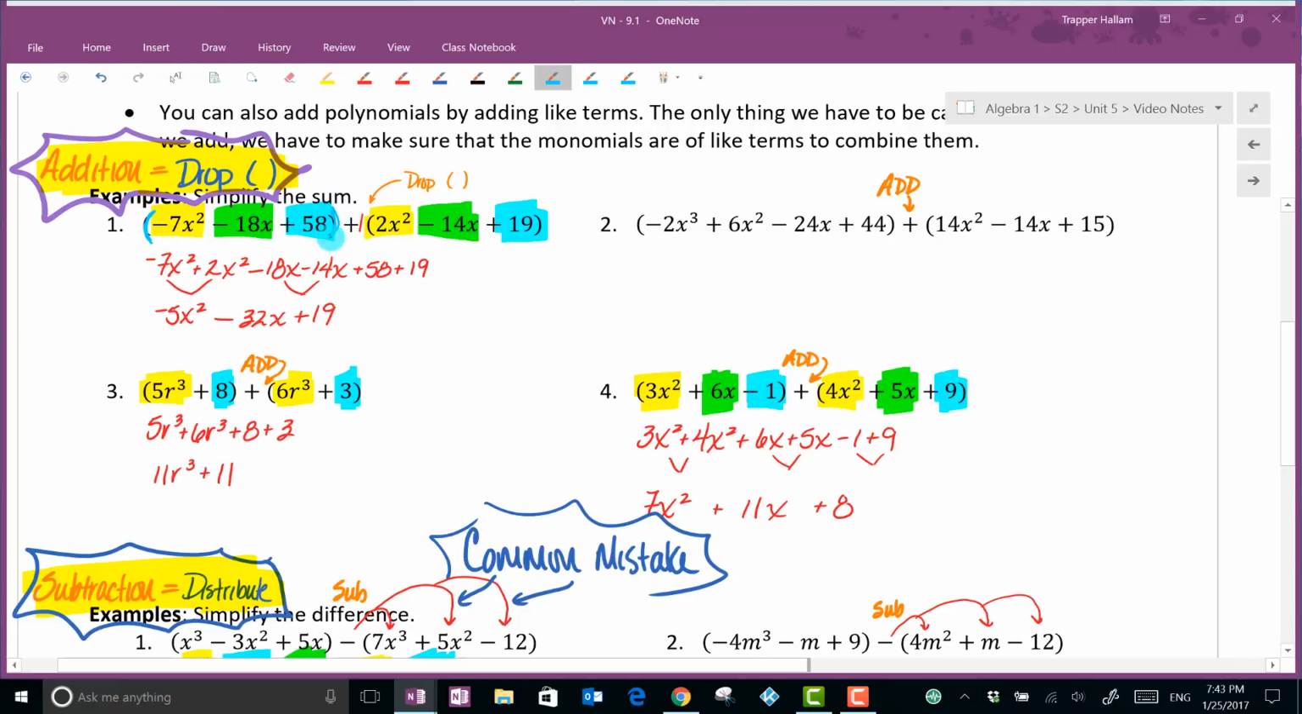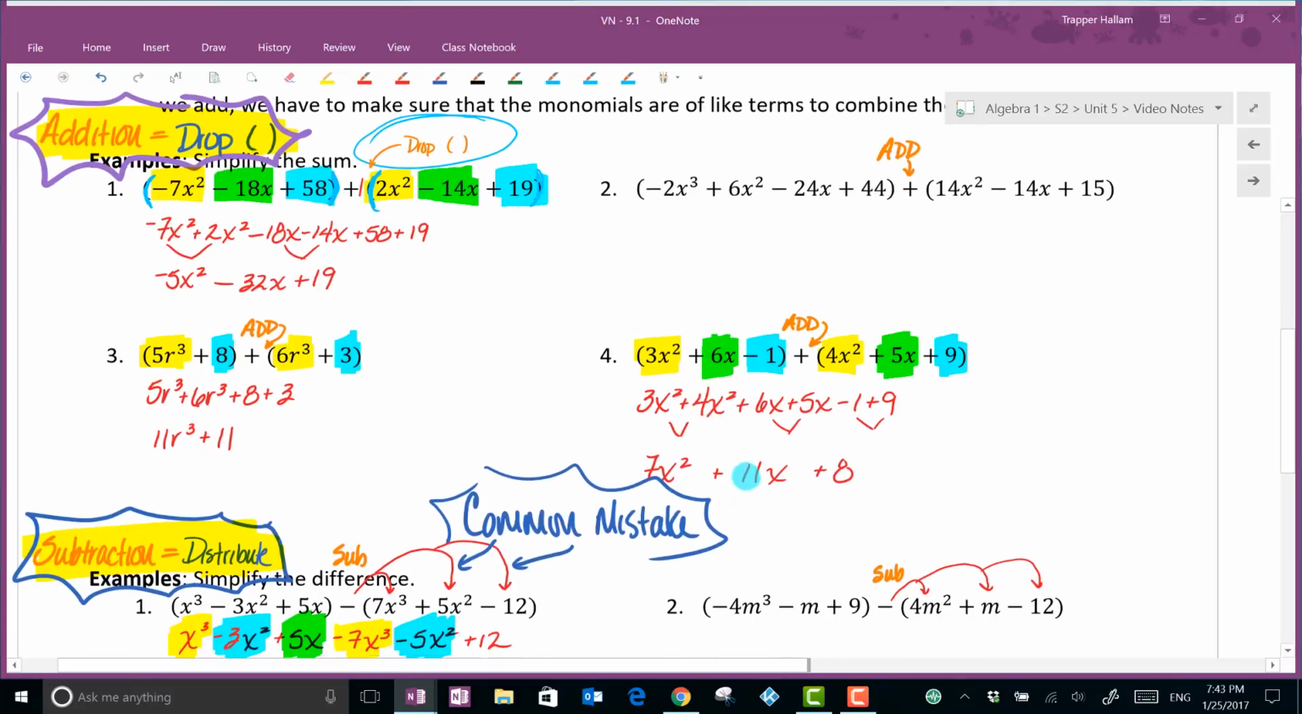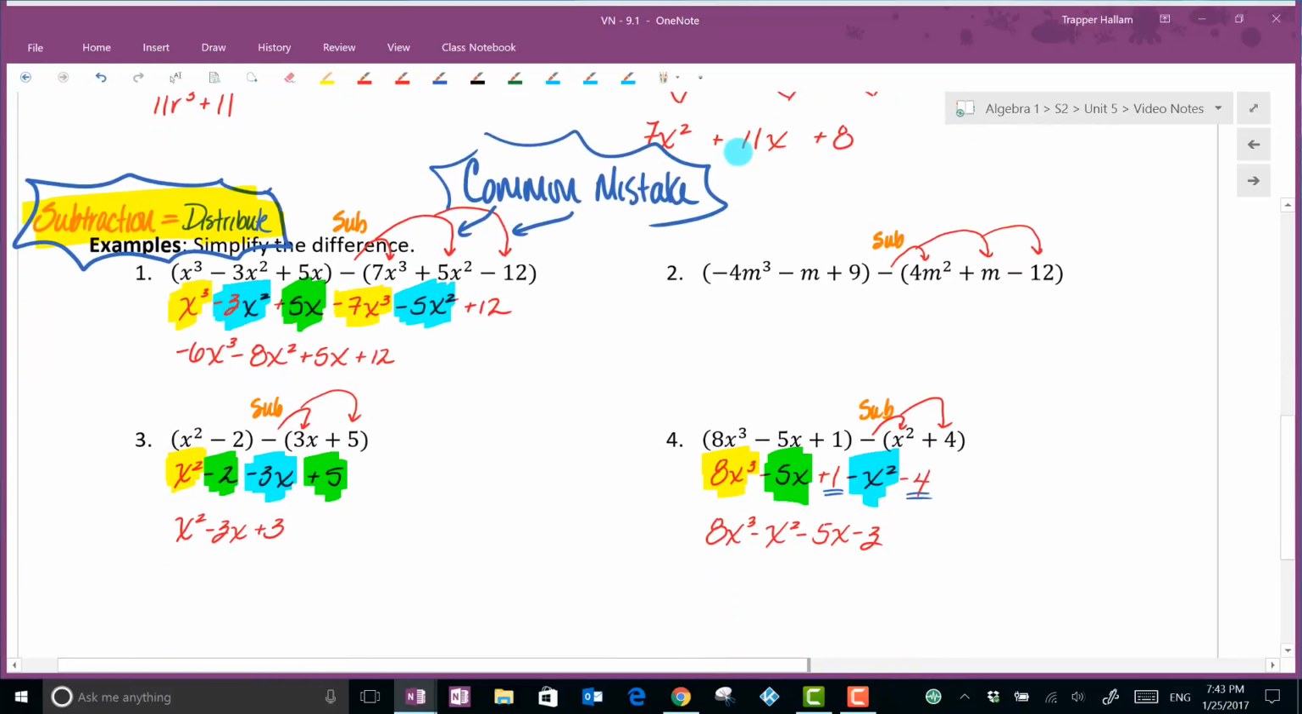Here's one polynomial right there. Here's the other polynomial right here. If there's addition between them, you can drop the parentheses of both and just combine like terms. So you can see that was my first step here. Okay. And then I'm going to go ahead and give you the other tip, which is when you're combining polynomials,